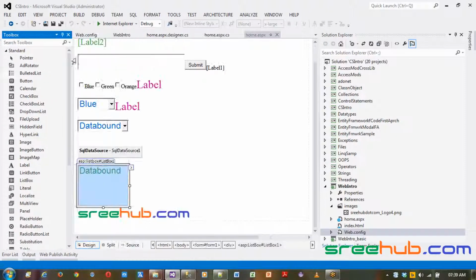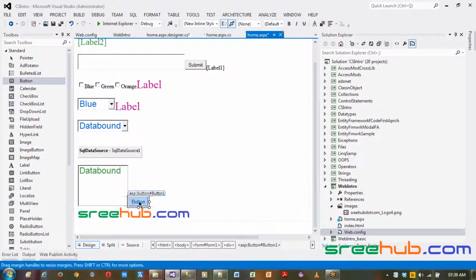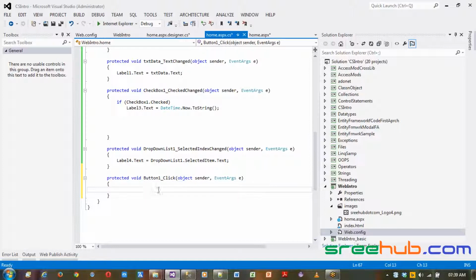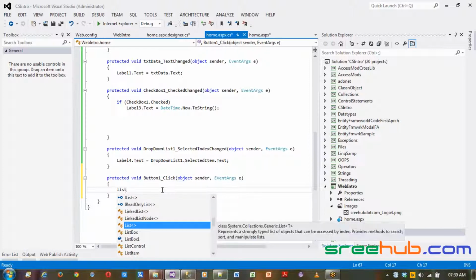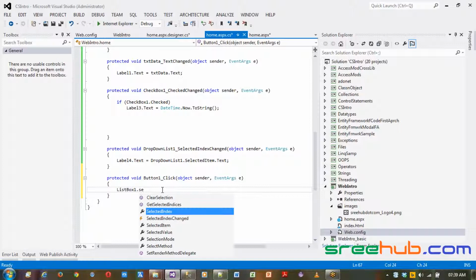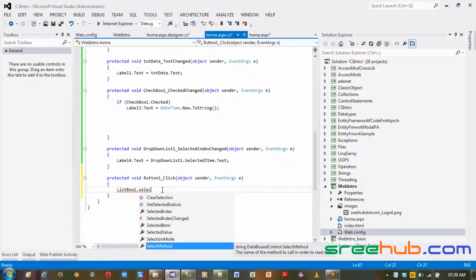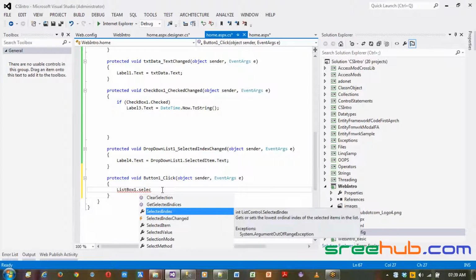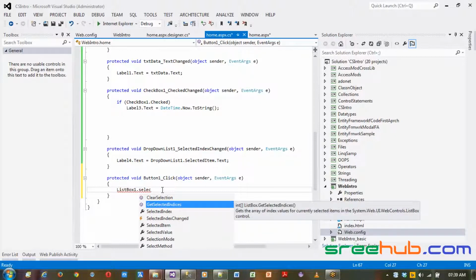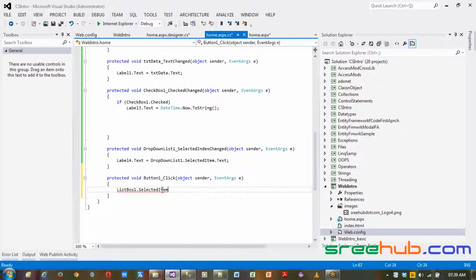Now let me take a button control here. Now you have your list box item 1 dot. You can see you have something called selected. You can see you get selected indices, which will give you all the indices. You can see the item dot text. So let me take one